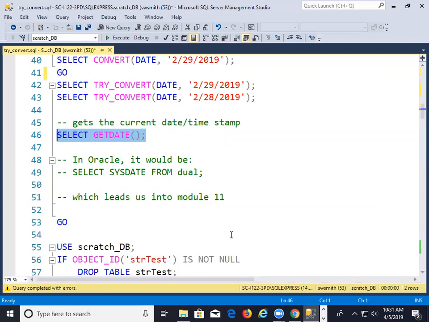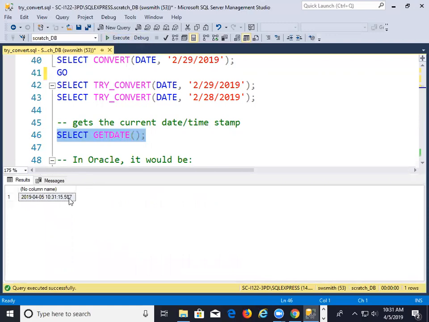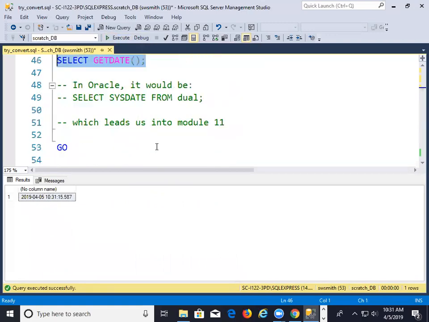So if you get the timestamp, notice it's 587 milliseconds, and that's going to be different if two people try to put it in at the same time. You're going to have different timestamps. So it makes a good primary key if you don't have one. Just for your information,